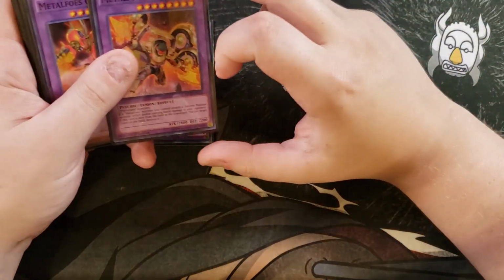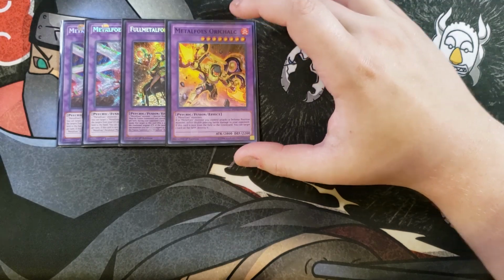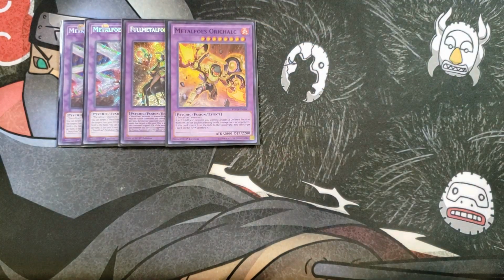We then play a single copy of Orcal. Orcal is a neat card in the deck because it takes 2 Metalfoes monsters, and if a Metalfoes monster you control attacks a defense position monster, you get to do double piercing damage to your opponent. And if this card is sent from the field to the graveyard, you get to target 1 card on the field and destroy it. So this card is a really good one-of in the deck